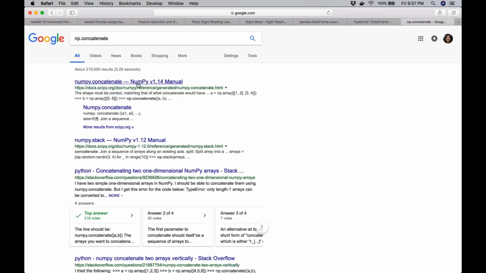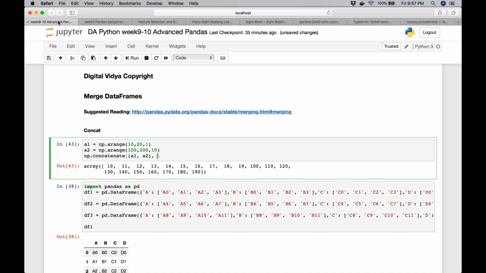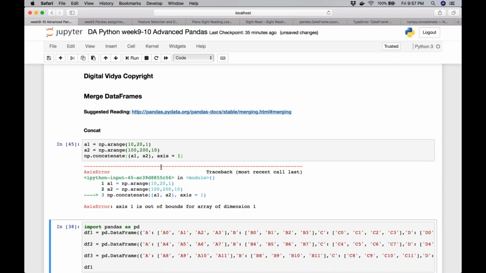So of course, this is one method, and we also talked about one more thing. So the axis. This is surprising.